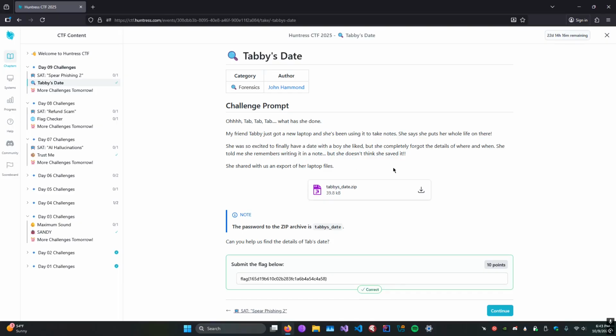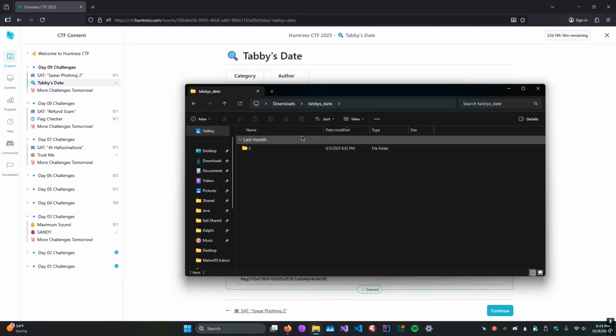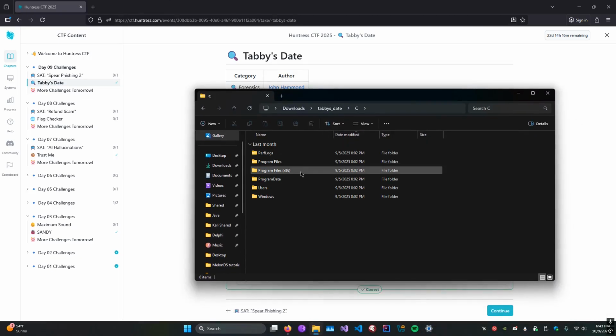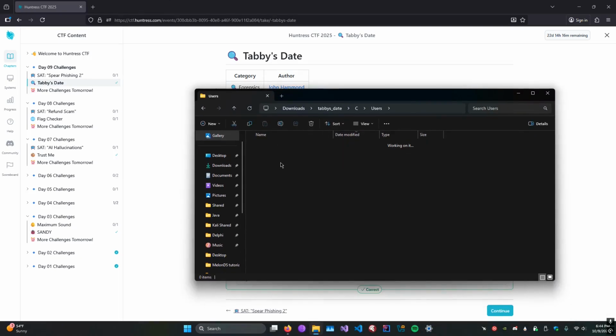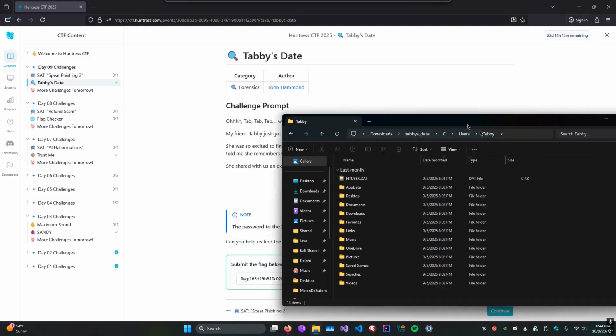Note, right? So maybe we're dealing with Notepad. I have this downloaded, the zip file, and I have it extracted. This is an export of her laptop files. So let's go into C, let's go into Users, let's go into Tabby, and then let's go into,